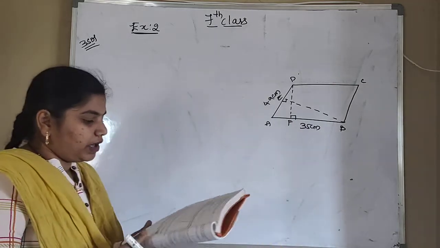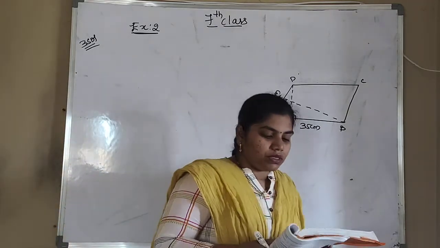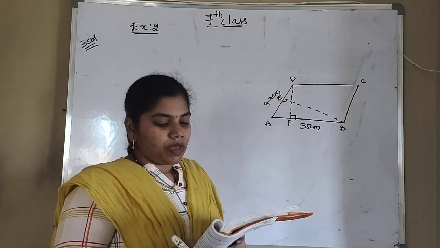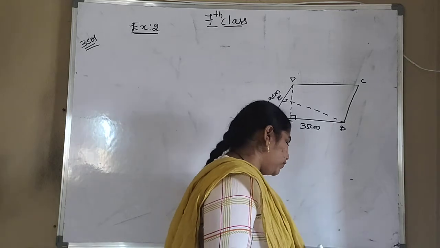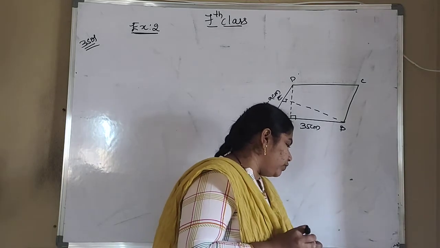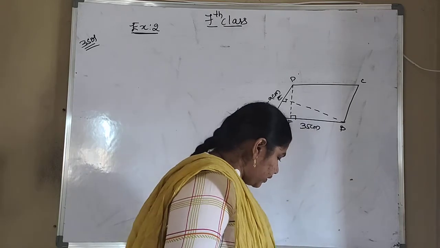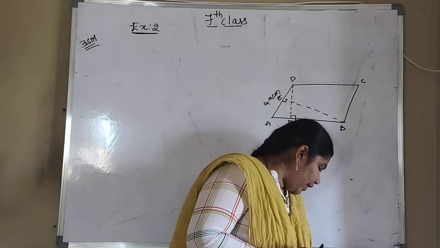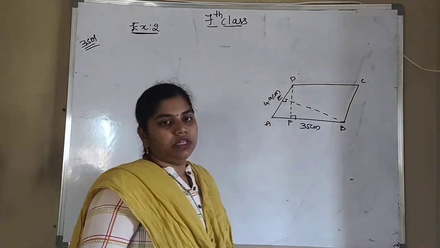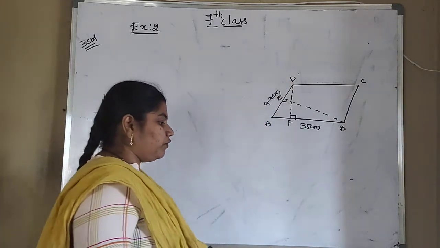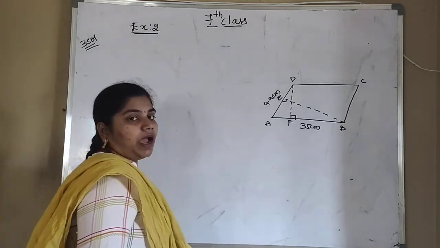Okay, so already they have given the area of a parallelogram is 1470 centimeters square, AB is equal to 35 and AD is equal to 49. Find the length of BE and DF. So what we have to find? We have to find the length of the heights here. So that is DF and BE. These height values we have to find. Okay, so already you know the area, so no need of finding any length value and breadth value. So we have to find directly the height value.